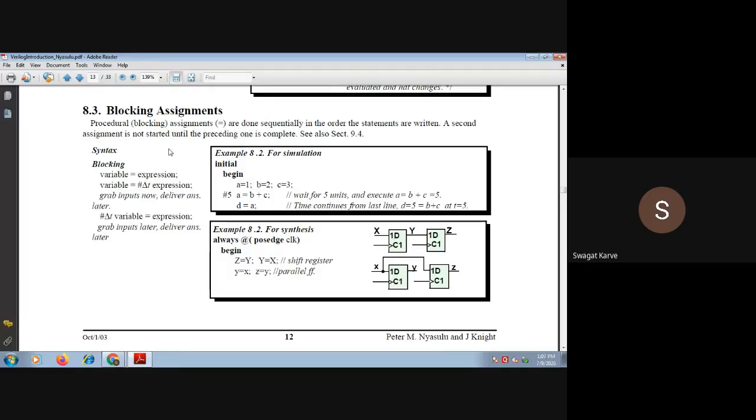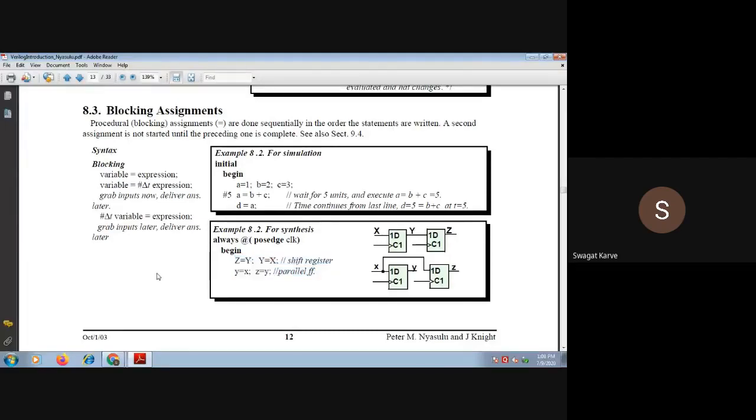That means whatever comes under that block statement will get executed sequentially, but the always statement itself gets executed concurrently, and whatever is inside that always statement has to be sequential.